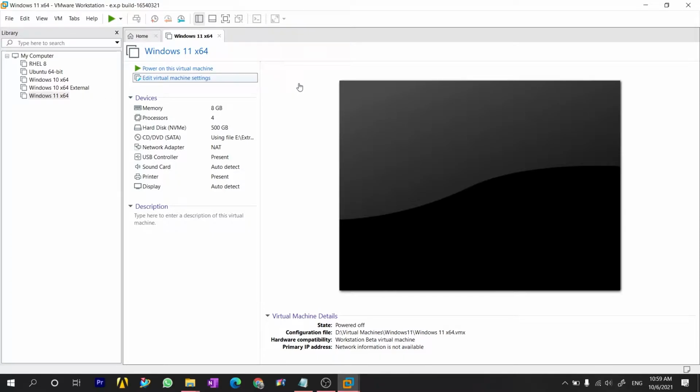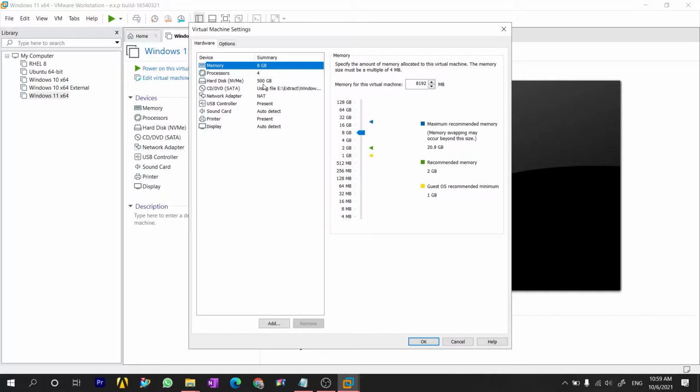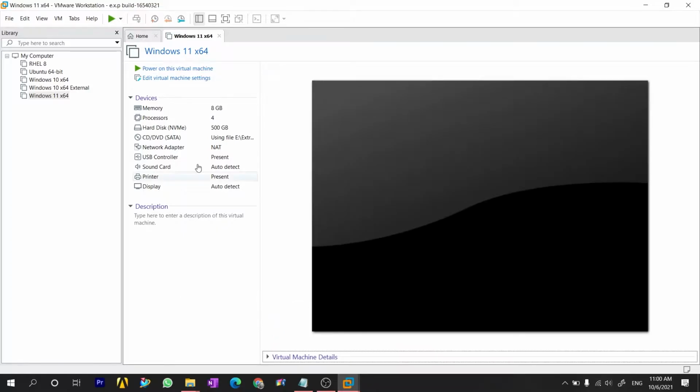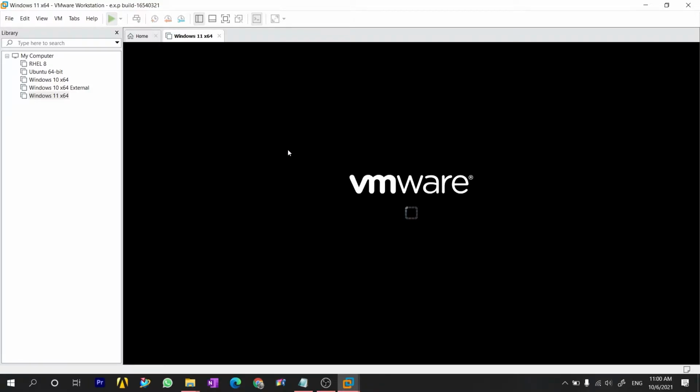So here I am downloading and installing Windows 11 on a virtual machine, and then I plan to just copy this onto my main system. Here you can see the ISO image used by me, and then I am powering on this machine. Another reason to use the virtual machine is so that I can show you guys the entire procedure, else I cannot record my screen while Windows is installing.